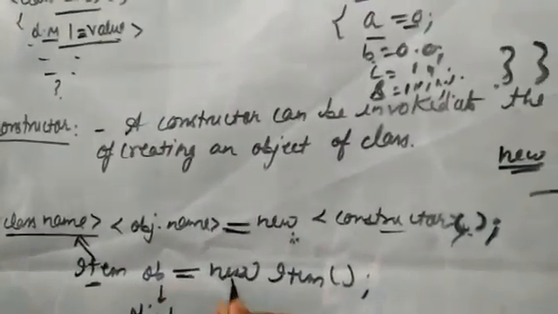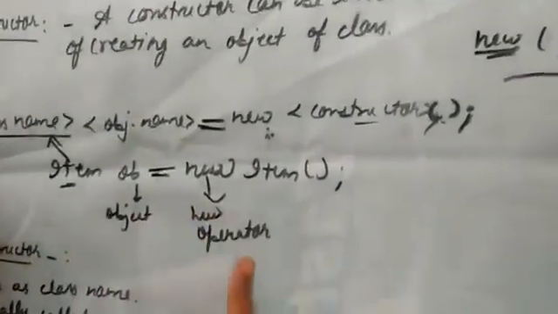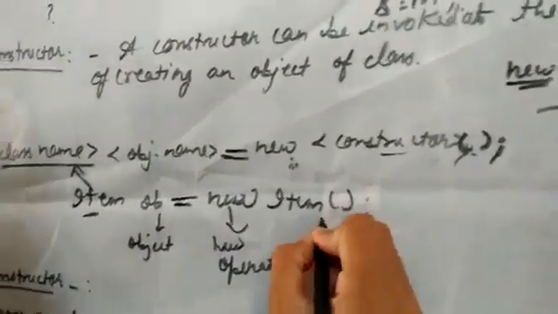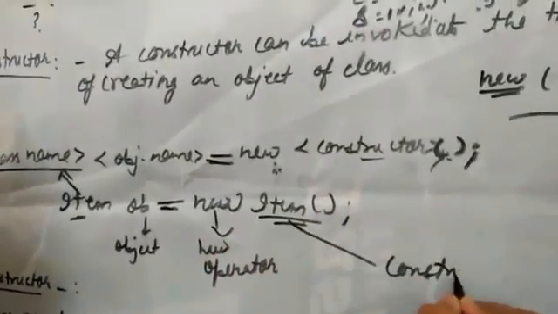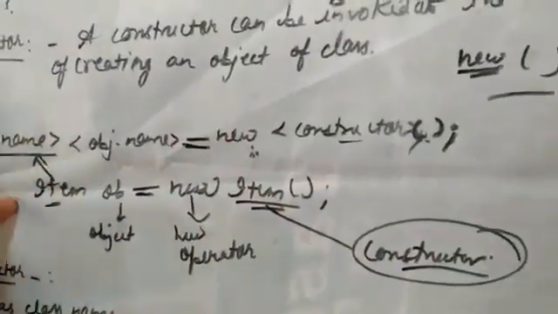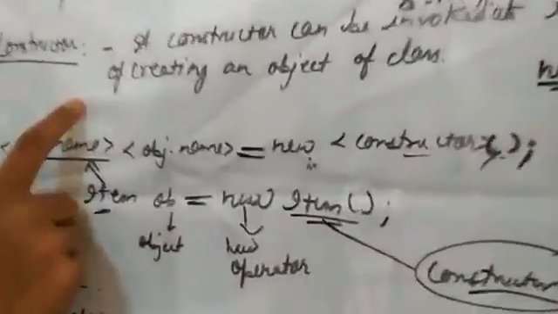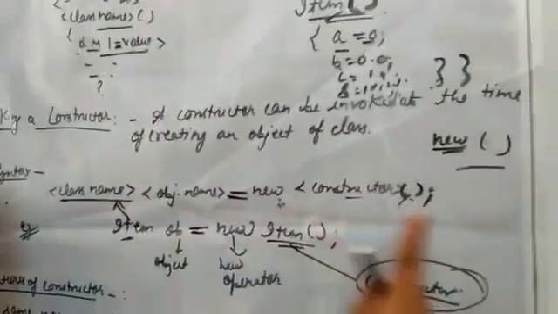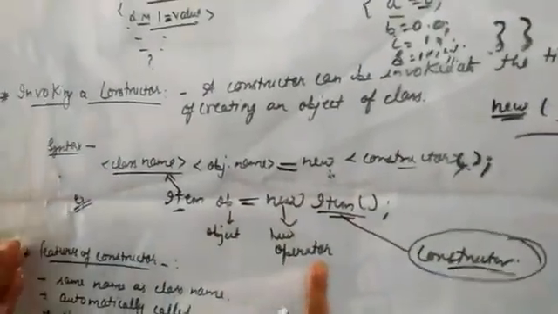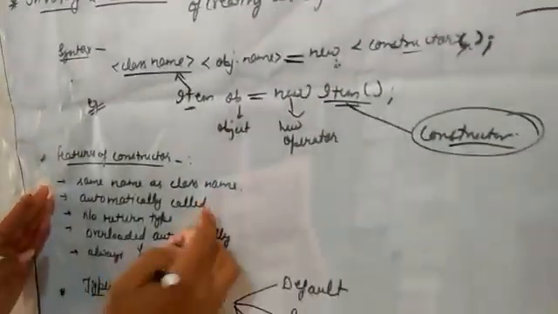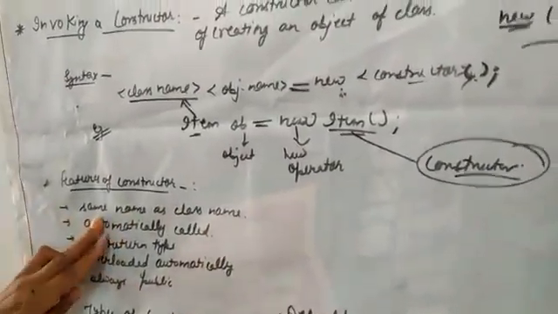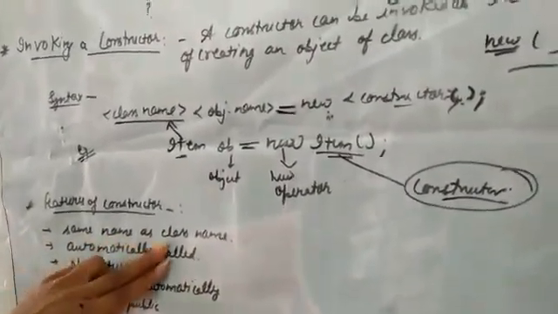This is the equals operator. This is the new operator. We have read this in class 9th also. Then this is item. Now this is the constructor. Got it? So this way you have to invoke your constructor in Java programs, right? This is the syntax when you define the constructor, and this is the syntax when you are going to write it in your program. Okay? So this is the syntax to write it, and this is the example. Now let me tell you about some features of a constructor. So the first feature is the constructor name should be the same as the class name.